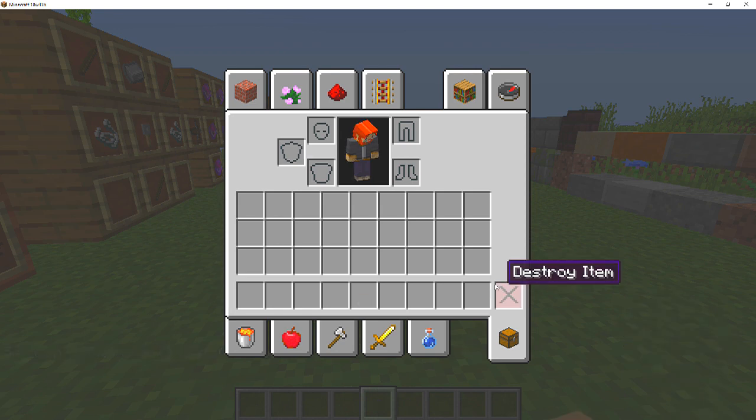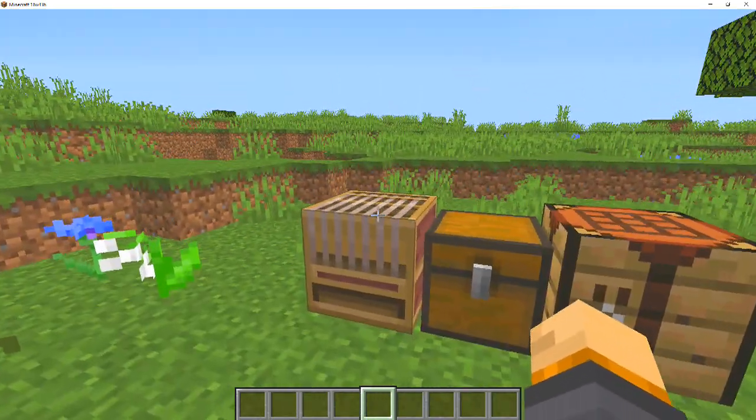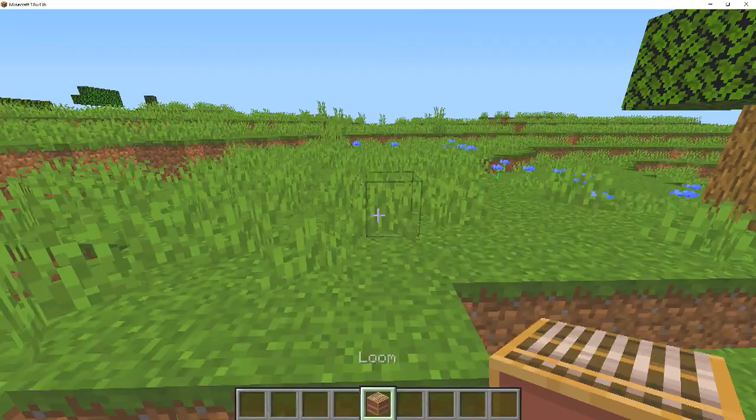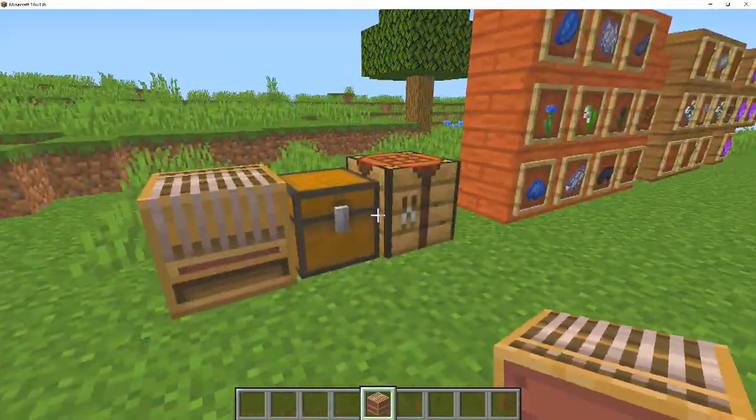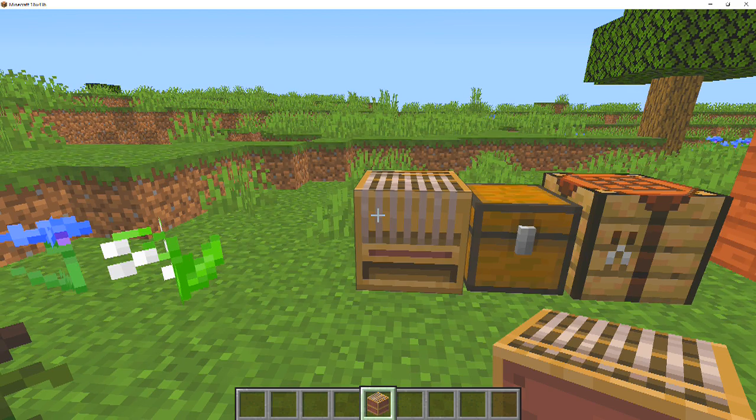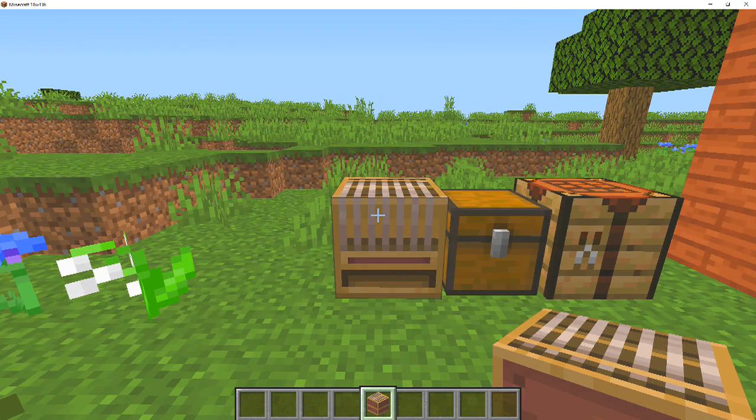So I'm going to get rid of the roses right there, and we're going to talk about this thing, which is the loom. Now, for some of you guys who don't know what the loom is, it actually is an unannounced block. Nobody saw this one coming. I mean, I didn't see this one coming, but the loom is a way for you to actually make different